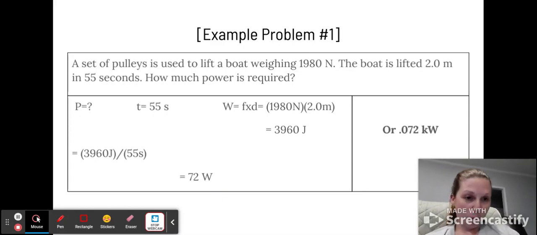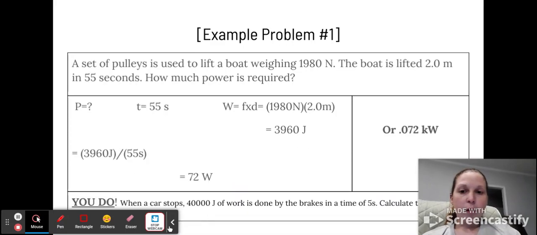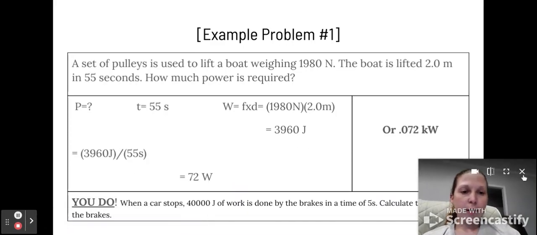And then again, if you want to practice writing them in kilowatts, you would just move the decimal 3 places to the left. So now it's your turn. Go ahead and try this example. Pause your